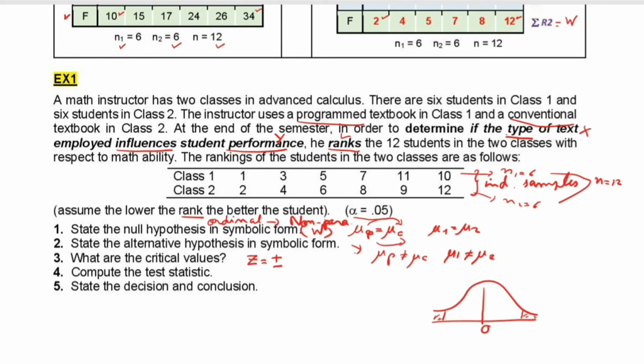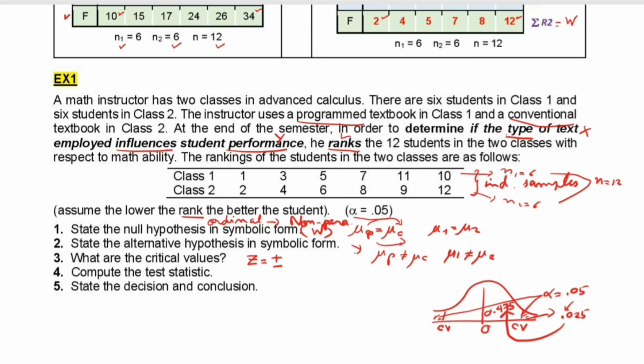What are the positive critical value and negative critical value? These two areas combined is alpha 0.05. Therefore, only one area is 0.025. Therefore, the middle area is 0.5 minus 0.025,